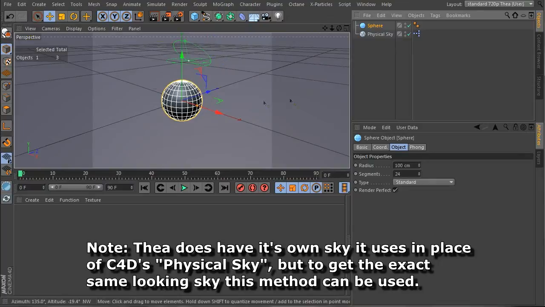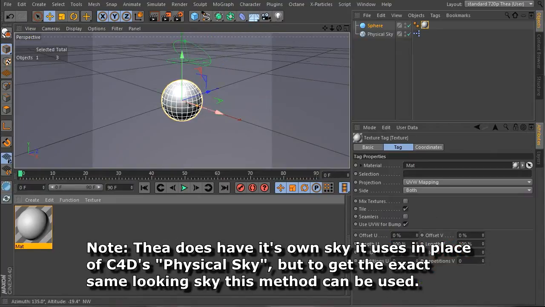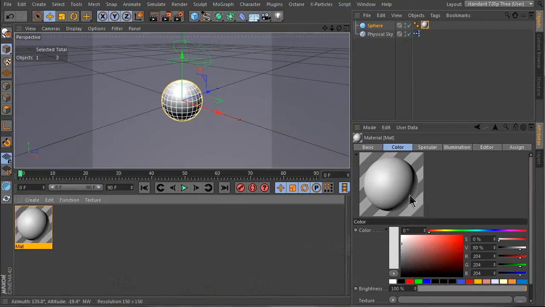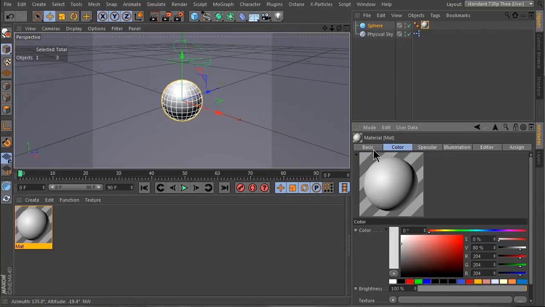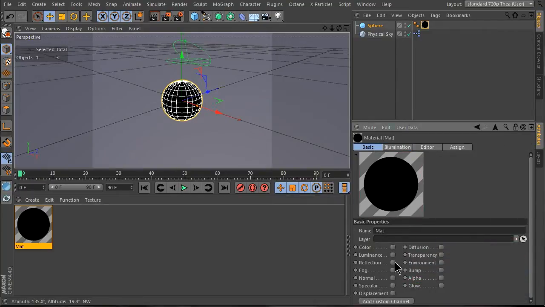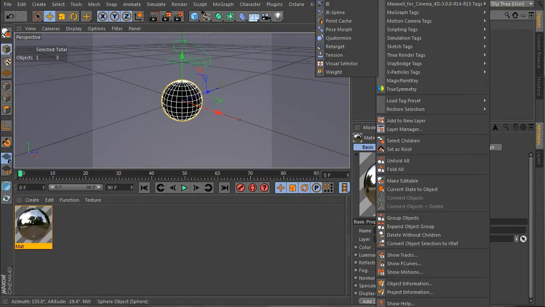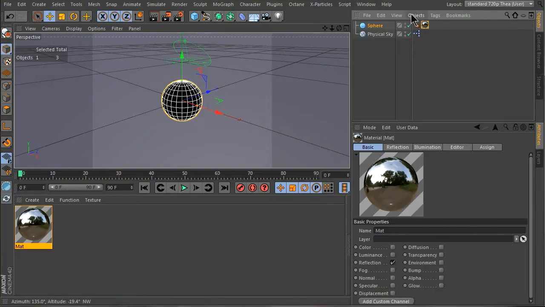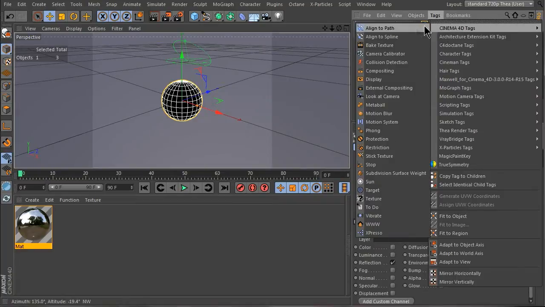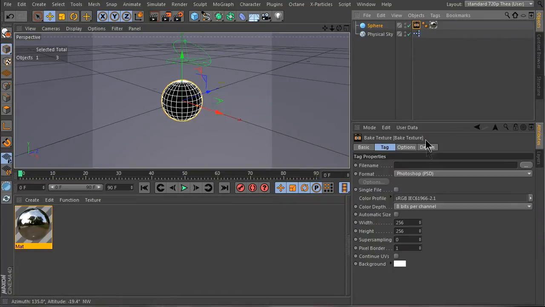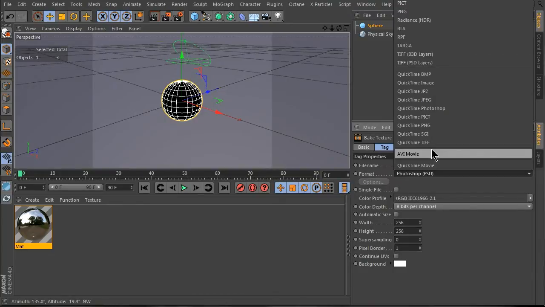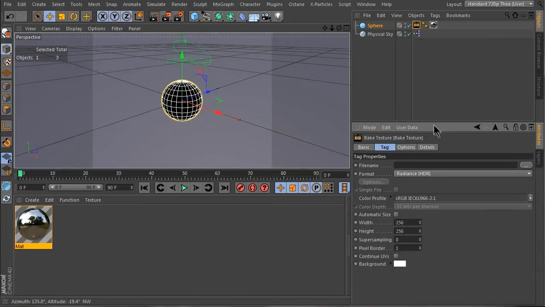Now make a sphere, put a 100% reflective material on the sphere. Now put a Cinema 4D bake texture tag, and we're going to want HDR radiance. Save it somewhere, give it a width double the width of whatever the height is,